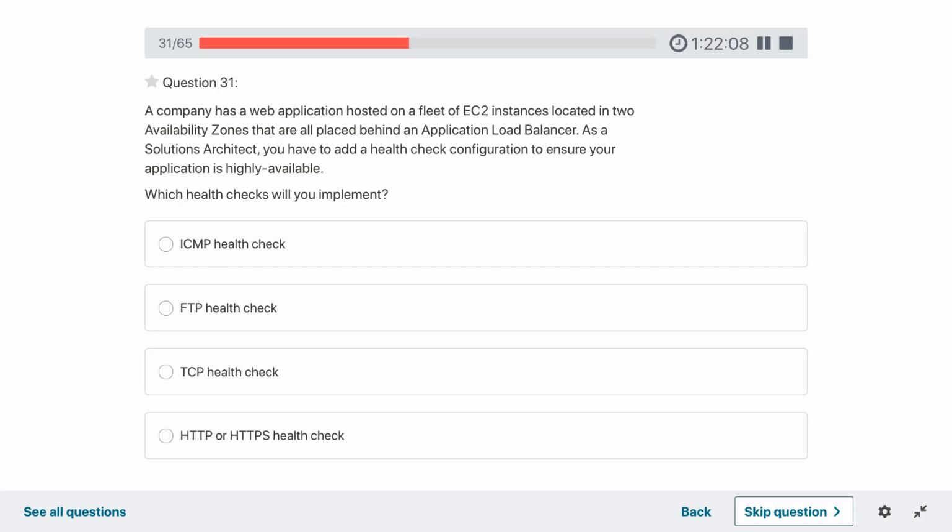So it could be any of these two, either TCP or HTTP. But since you have an application load balancer, you might go with an HTTP or HTTPS health check.